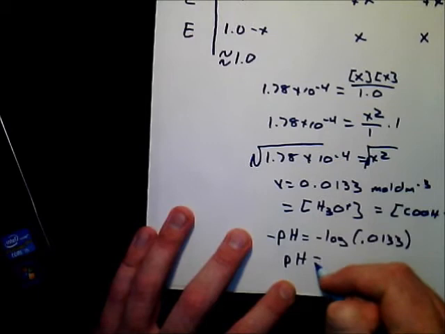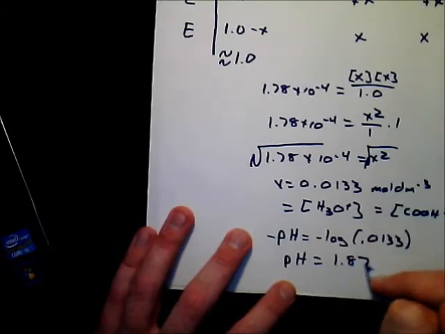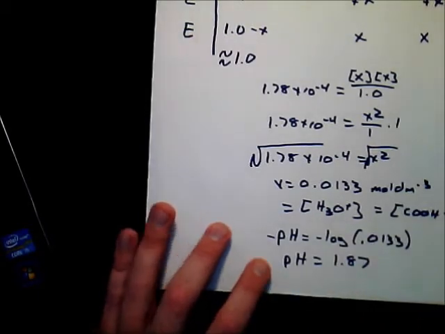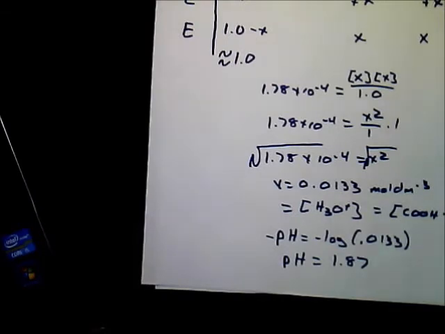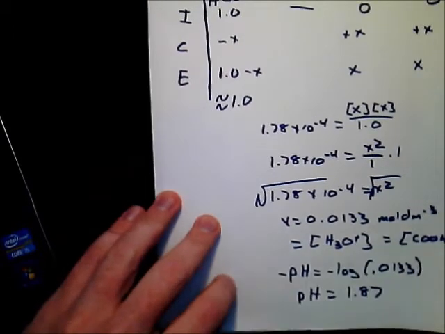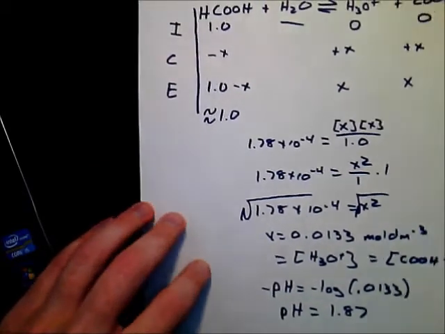And the pH of the solution turns out to be 1.87. So it's a little bit trickier and more time consuming to find the pH of these weak acids and weak bases compared to strong acids and strong bases. It is something that you'll get faster at, and you'll see there are some shortcuts you can take. But I'm going to do just one more with you right now,